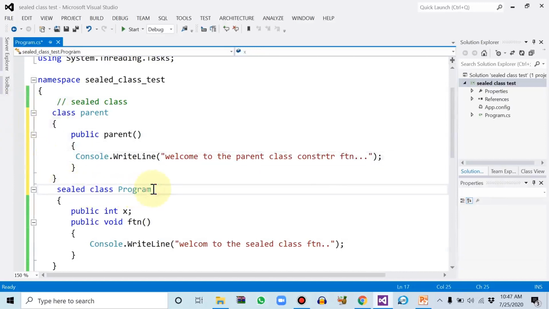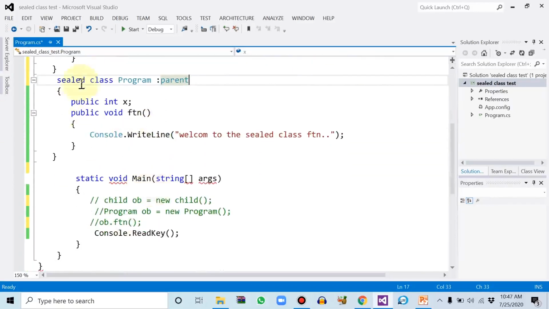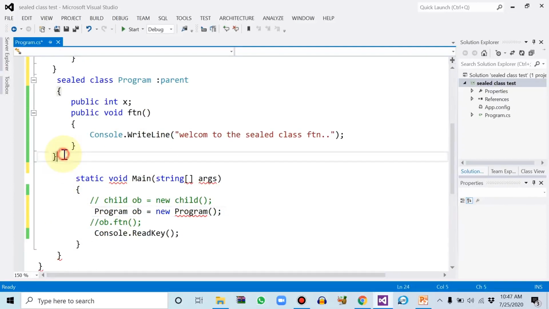and let's inherit the parent class, that is Parent, and create the sealed class, I mean the child class object.